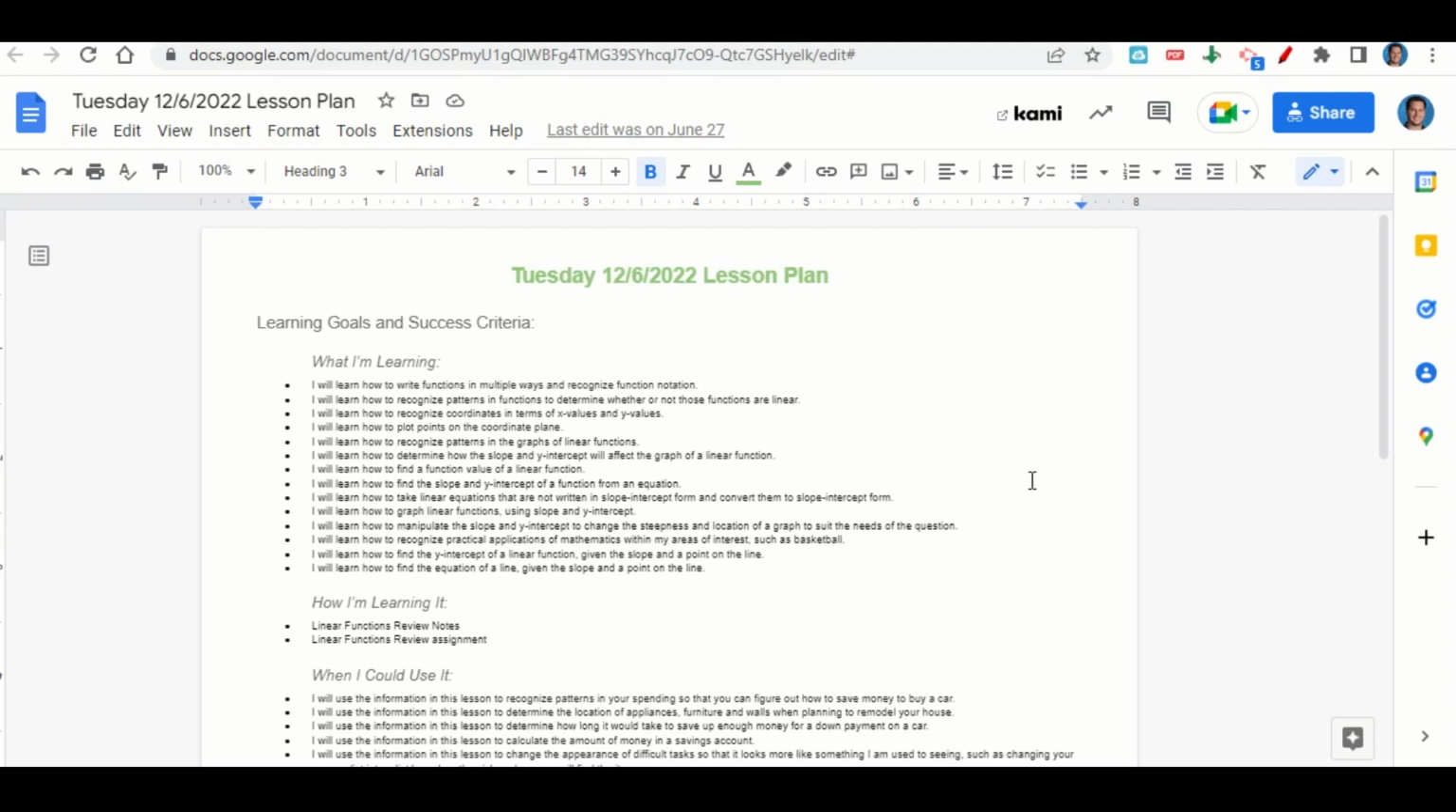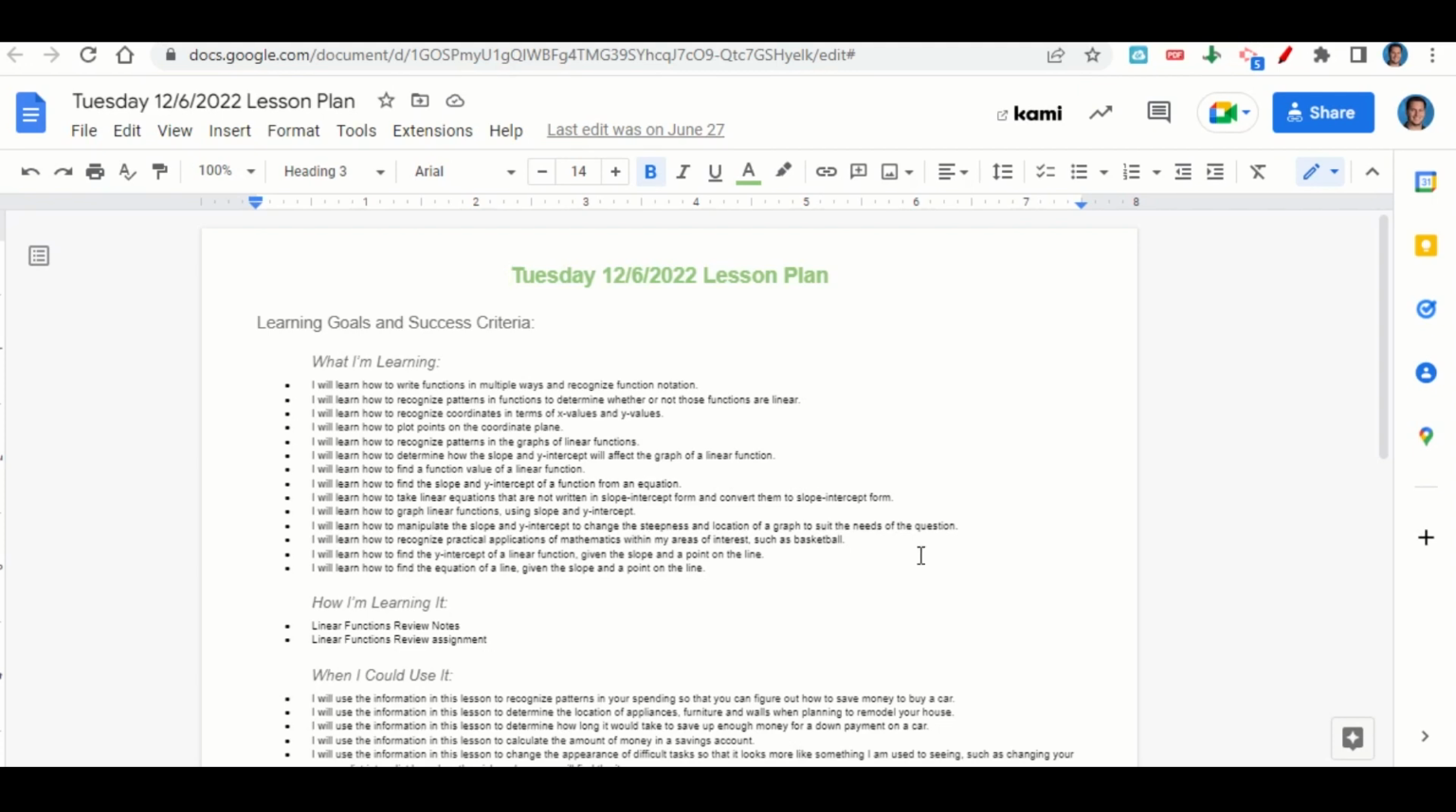how to find a function value of a linear function, how to find the slope and y-intercept of a function from an equation, how to take linear equations that are not written in slope-intercept form and convert them to slope-intercept form, how to graph linear functions using slope and y-intercept, how to manipulate the slope and y-intercept to change the steepness and location of a graph